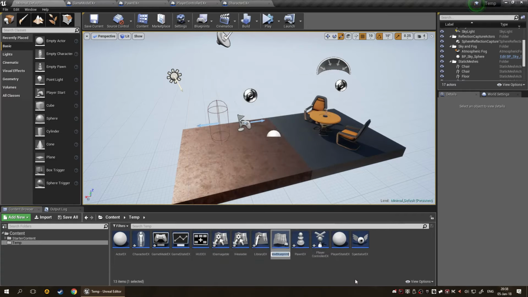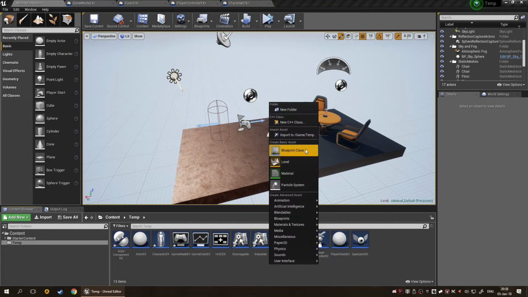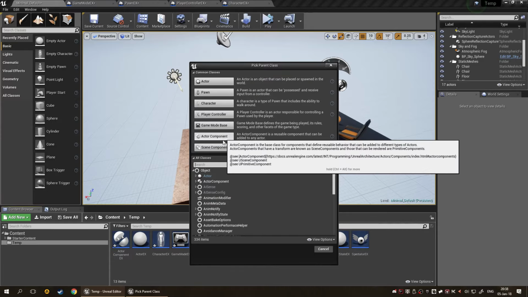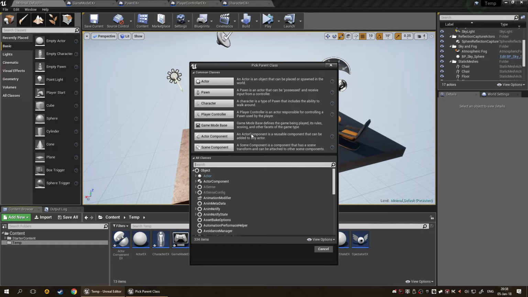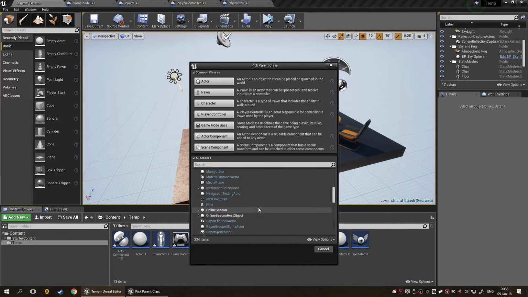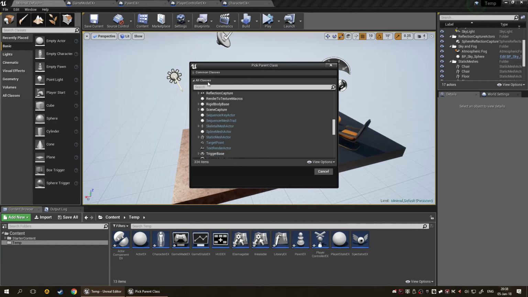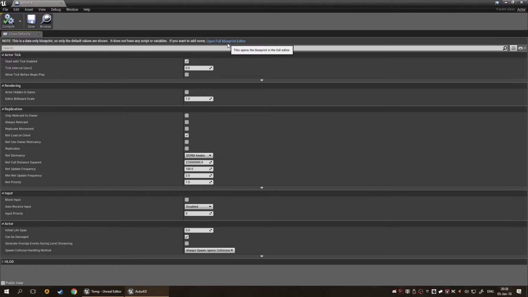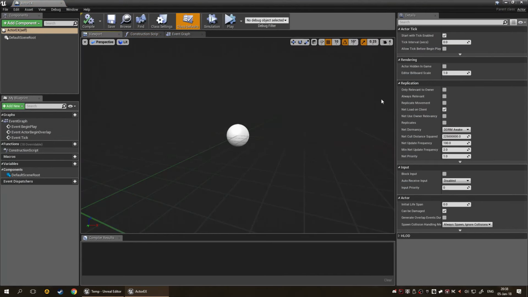One is going to be actor component EX. I'll explain later what this is. And I'm going to grab my blueprint class. I want a, well, actually, there's not a lot I can use here. Let's see if I can grab something from actor. There really isn't that much I could use. Let's say just an actor. We already have an actor, don't we? Yes, we do. So let's just open the blueprint here, and let's make this actor into a